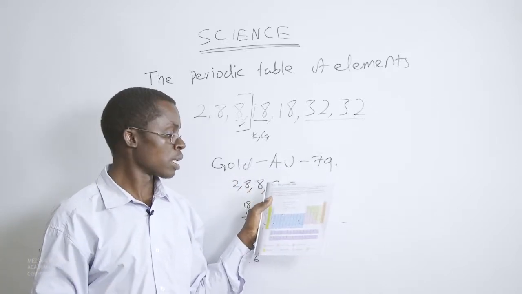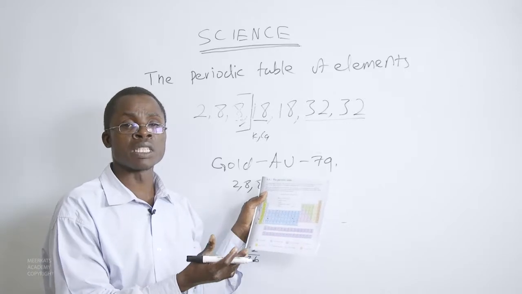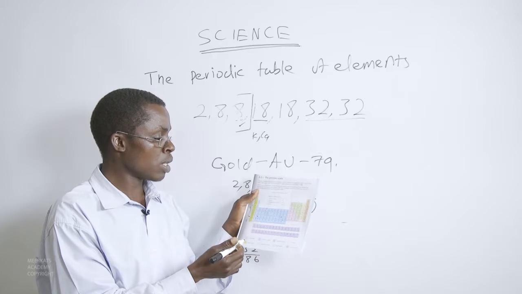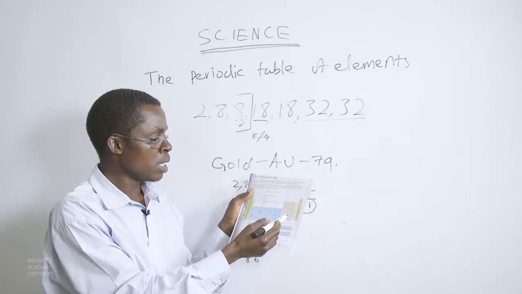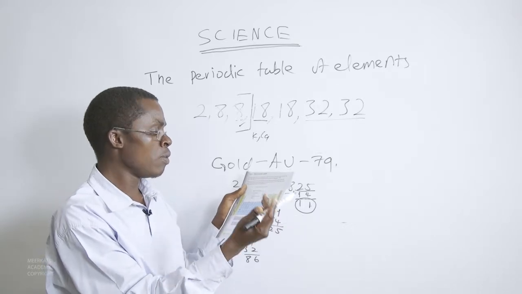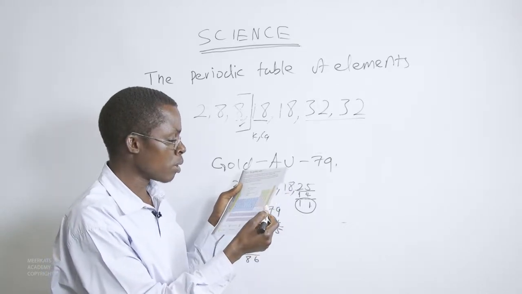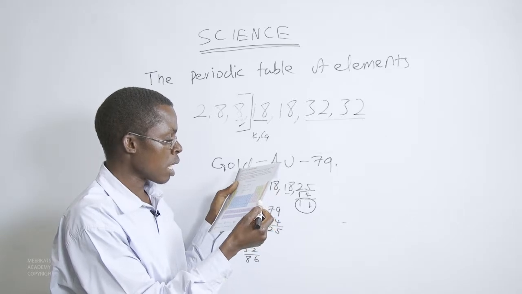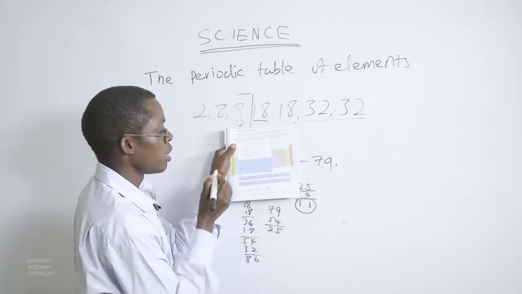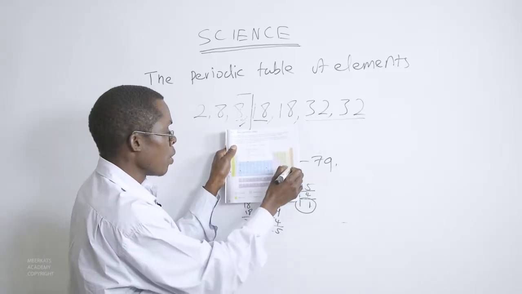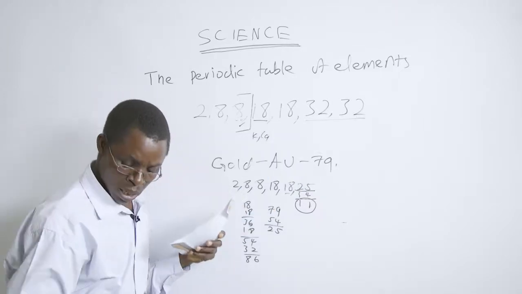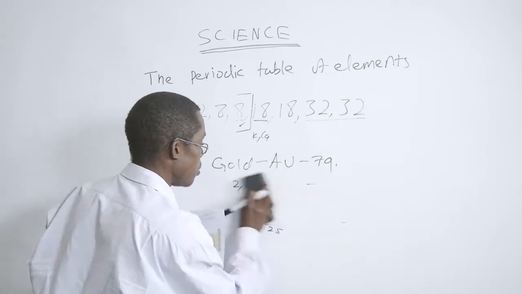Now that was gold. Let's have another third example. We can even pick the third example outside the transition elements. May I pick maybe an element which is a nonmetal, or even a noble gas. Let me pick on radon. Radon is here. And see, are we going to get this position of radon? Radon as an element